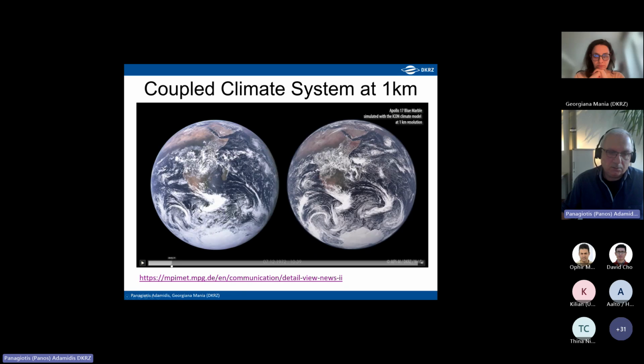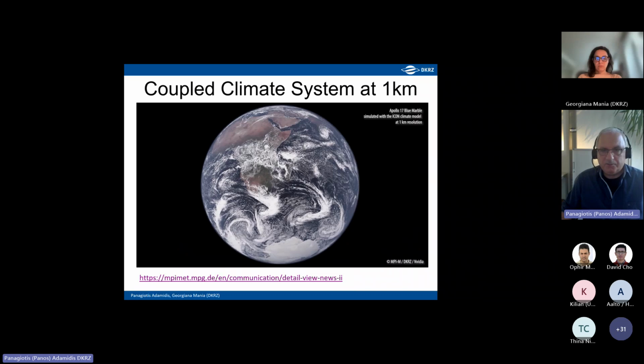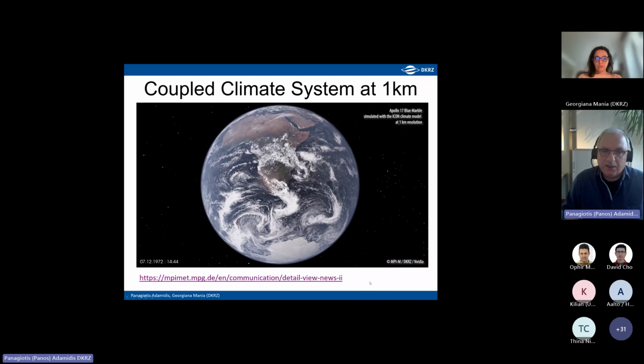ICON. So on the left is the real picture, and on the right are the results from an ICON simulation, which has simulated how the weather or the clouds were back then. You see the similarities are very high, and you see that this 1 kilometer scale resolution is very convincing. And now we see only the simulation, and having a tool like ICON, scientists can now make experiments,